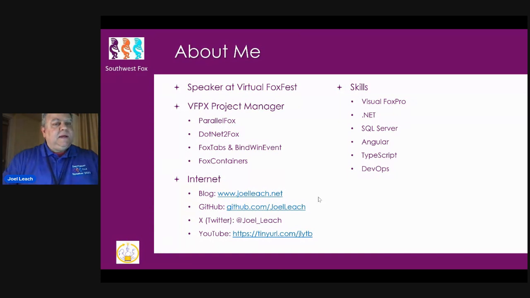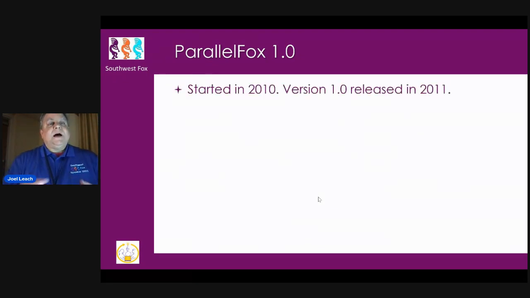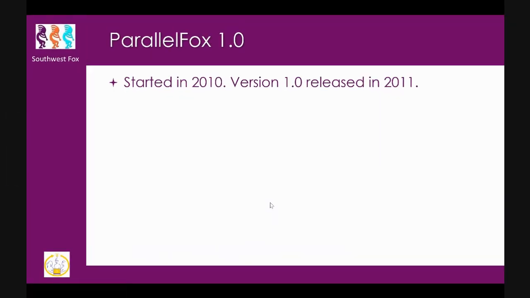So before we get into the agenda, I thought I would just say a few words about ParallelFox 1.0. This was brought to life back in 2010, and version 1.0 was released in 2011. And this was kind of an exciting time for parallel processing because